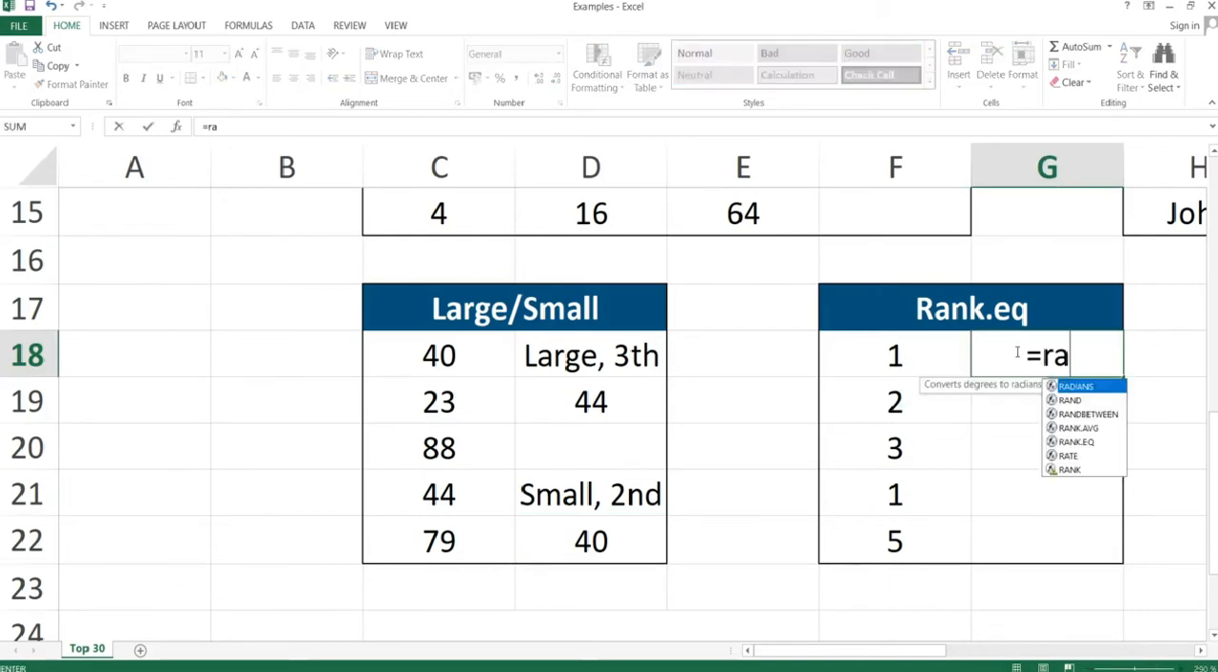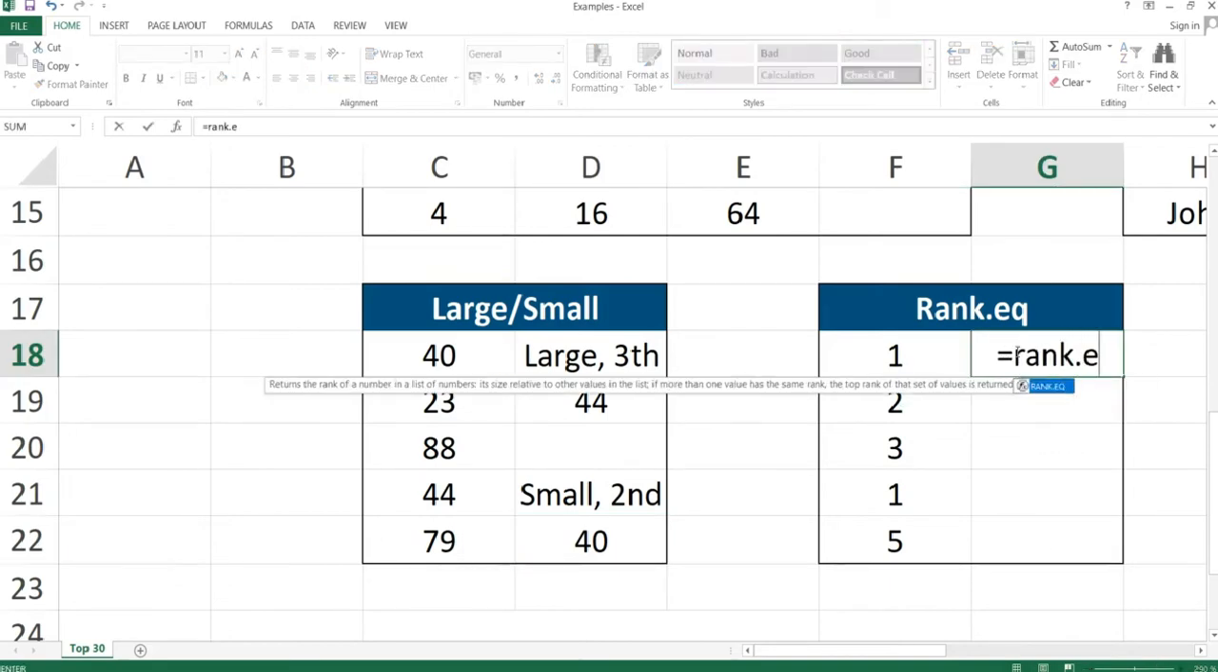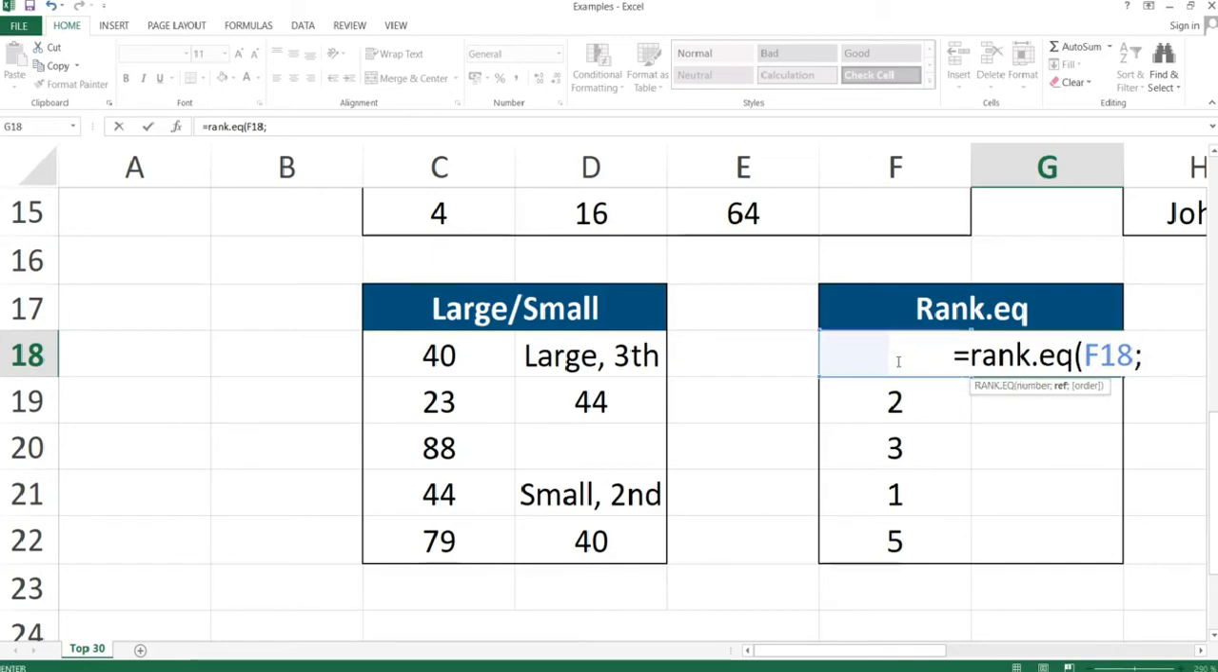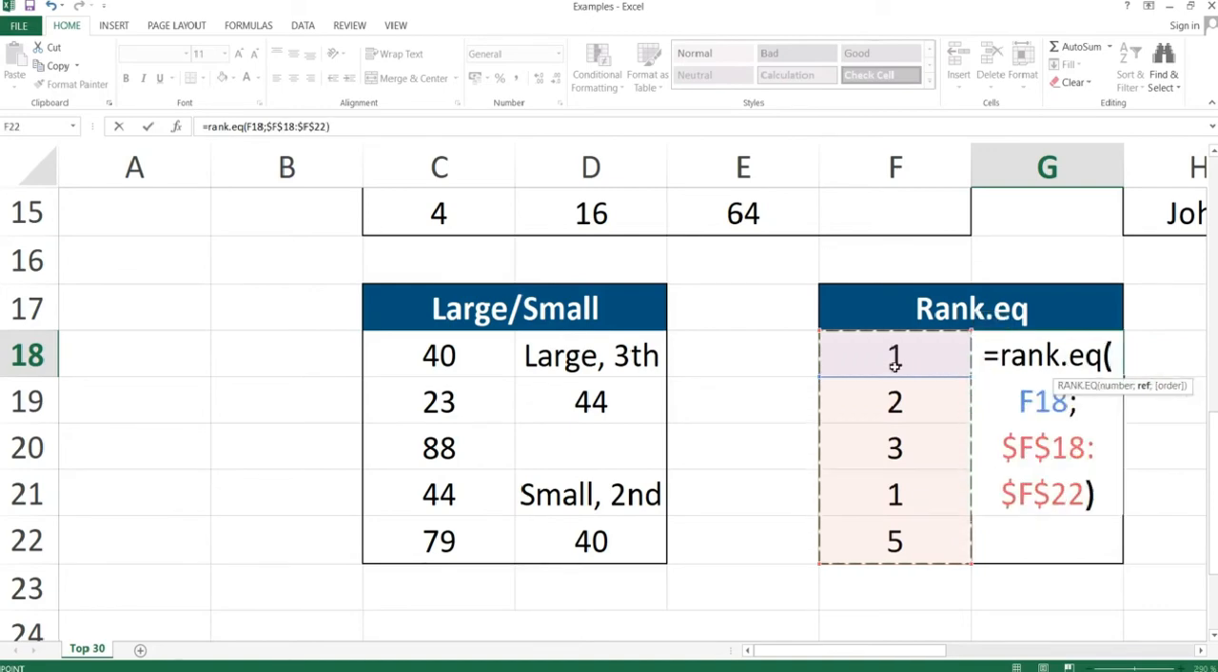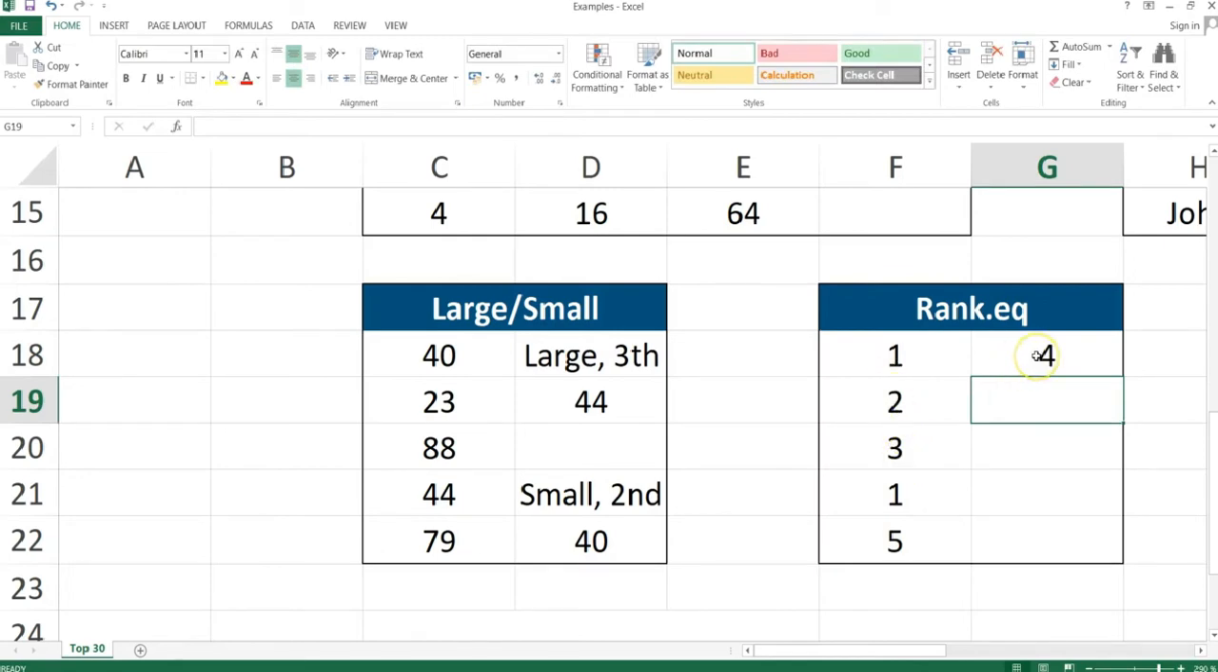Okay, so now RANK.EQ. We need the number here, and we need the reference range. So this is the reference range, and I'm going to fix the range as well, so you can see. This is the fourth largest value really within our array. Now if I populate this formula for the other cells as well,